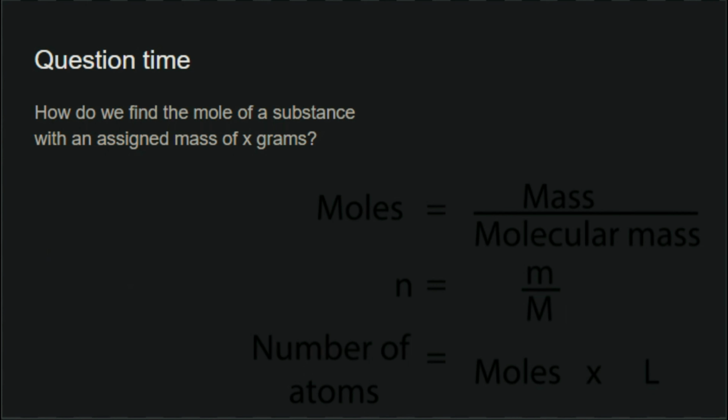We use Avogadro's constant to find the amount of molecules or atoms in that substance or in that x amount of grams. So it's basically going to be mass over molecular mass,